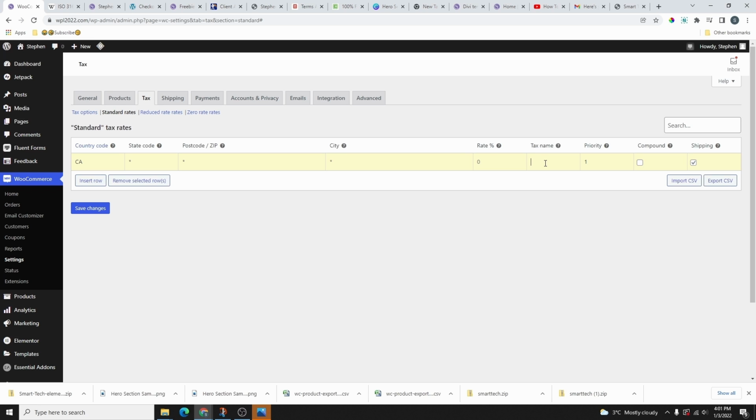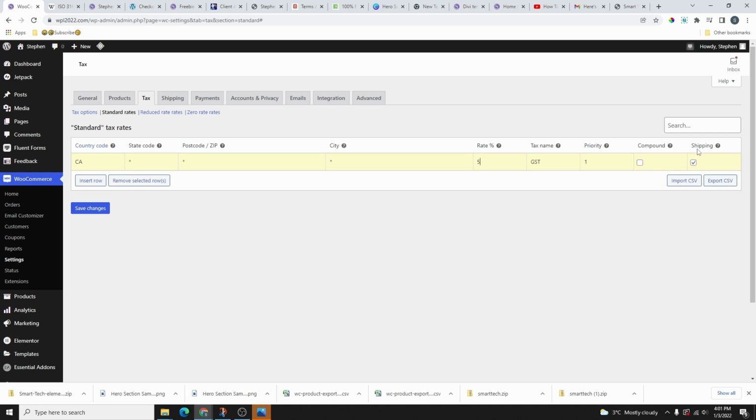Let's say for example in Canada we use the GST. So this is going to be the tax name, and then you can put in GST here. For GST in Canada, I don't know how many percent, but for this tutorial, I'm just going to use 5% as an example. So I'll put the 5% in here. So based on the country where you're located, you might have your own tax name. So make sure you consult your accountant or your lawyer to get all this information, and then you can come